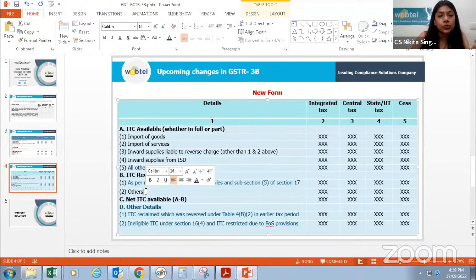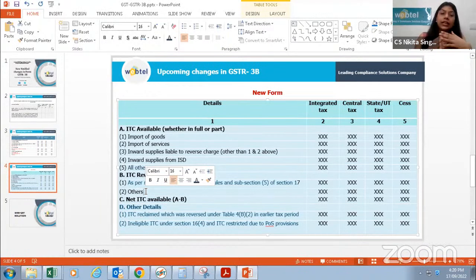So the important thing which is coming from here, कि 4B1 में हमें वो क्रेडिट इनएलिजिबल क्रेडिट डालना है या उसकी रिवर्सल करनी है क्रेडिट की जो आज भी इनएलिजिबल है और जो हमेशा ही इनएलिजिबल रहेगा, जिसका एक है सेक्शन 17(5). But 4B2 में हमें वो ITC डालना है जो आज इनएलिजिबल है। उसके रीजंस हो सकते हैं सेक्शन 16(2)B, 2C, और ये भी हो सकता है कि रेसिपिएंट ने 180 डेज में पेमेंट नहीं की तो इसकी वजह से वो रिवर्सल कर रहा है, और any other case also. तो इन केसेस में मेरा आज की डेट में रिवर्सल मुझे करना पड़ेगा इस मंथ के लिए, बट कमिंग मंथ्स में मैं इसका क्रेडिट अवेल कर सकती हूँ।